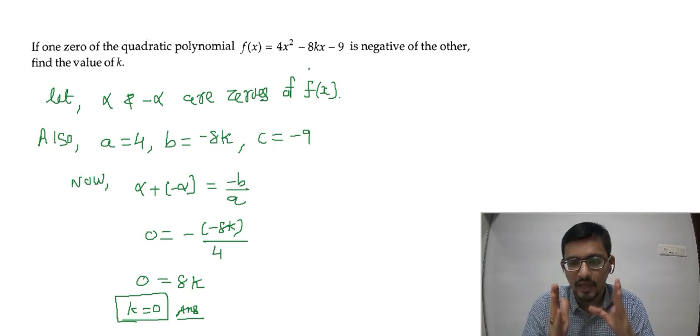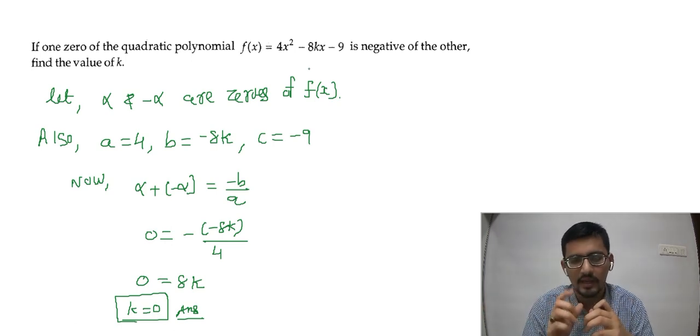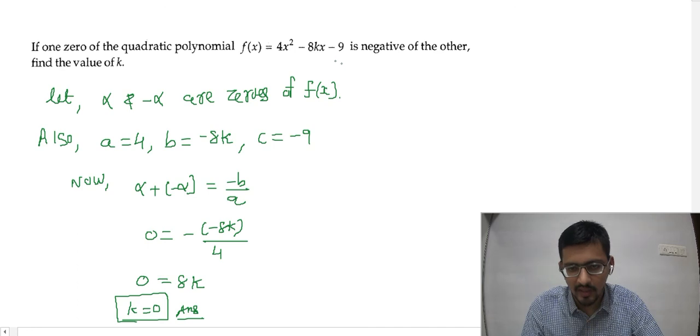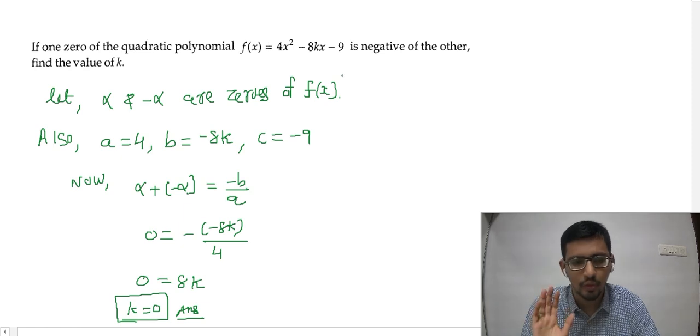So from this we can conclude, in a quadratic polynomial when one zero is the opposite of the other, the quadratic polynomial will be independent of the x term. The x term will not be there. See here, if I put k equal to 0, the x term becomes invisible. You will just get the x square term and the constant term. Still I can say it is a quadratic. So if in a quadratic polynomial one zero is the opposite of the other, in that case the x term will not be there. You can remember that as a note. It will be helpful in one way or another while solving questions. I hope this is clear for everyone.